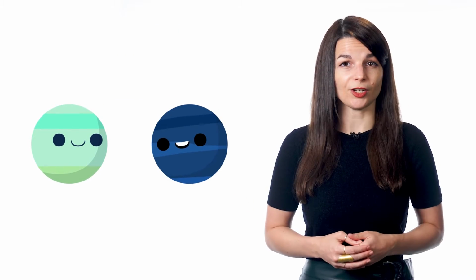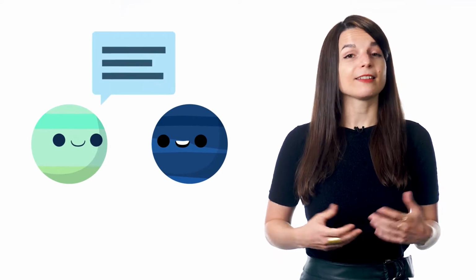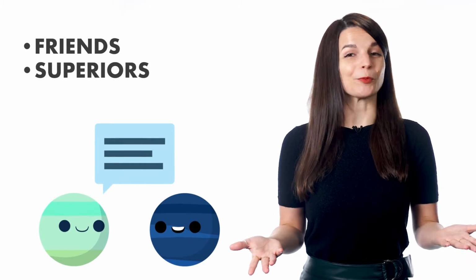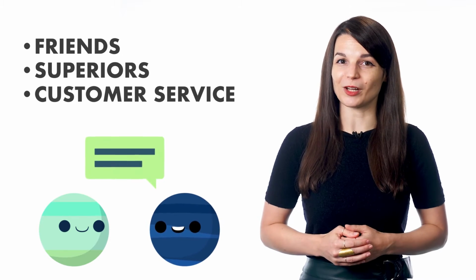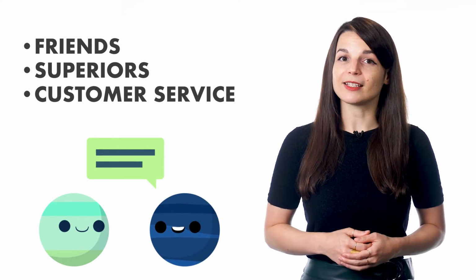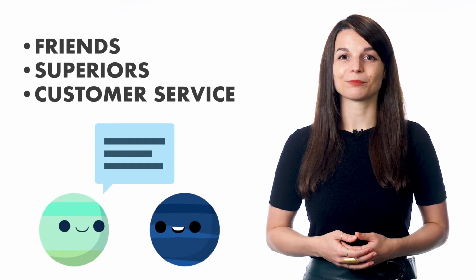Being able to understand nuances in vocabulary words can also help you understand relationships between people just by listening to the conversation. Try to listen to many different types of conversations. Listen to how people talk to their friends, their superiors, and in customer service situations. This will give you a better idea of how to talk to others naturally. In some languages, you can omit words from sentences or use more direct communication styles. It's important to be aware of these things so you can apply them yourself.